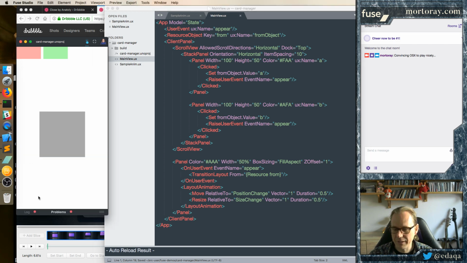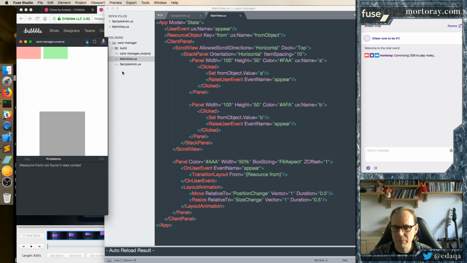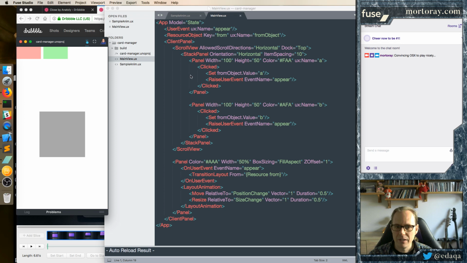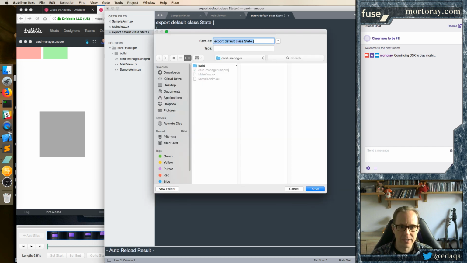The view should complain at us, right? We might have to regenerate. When you touch the model, when you touch the Uno project, it doesn't necessarily reload it. And we're going to create the whole JavaScript first, though. Export default class State. Let's save this as